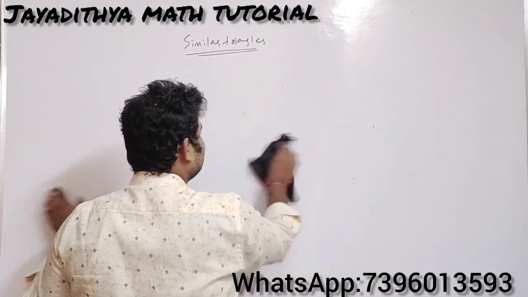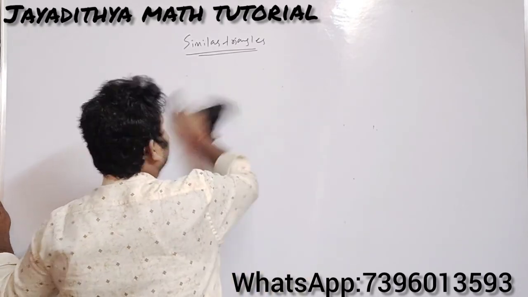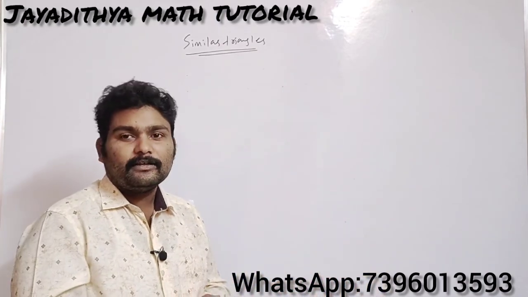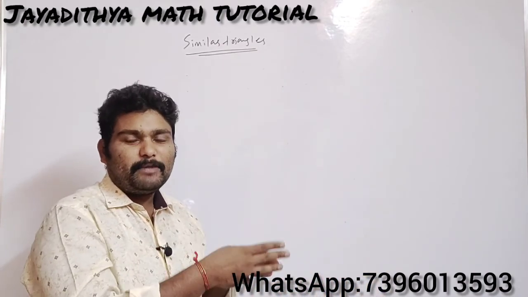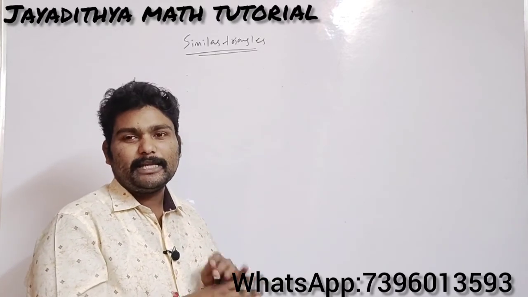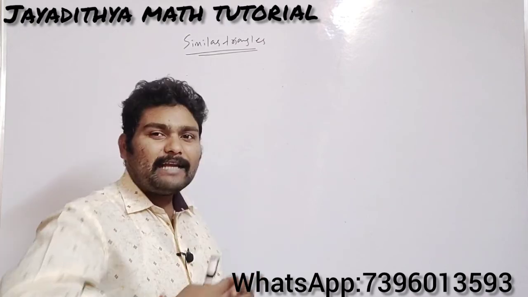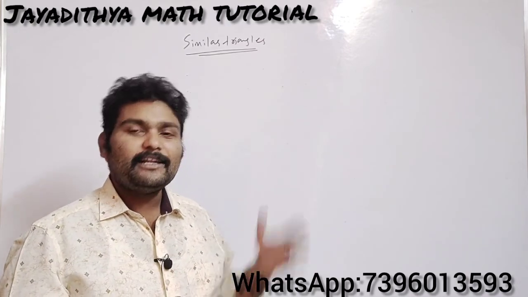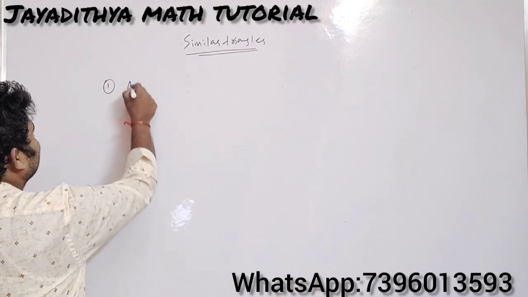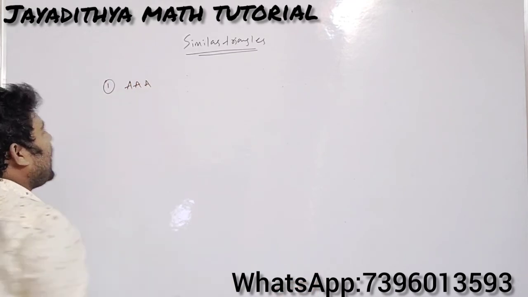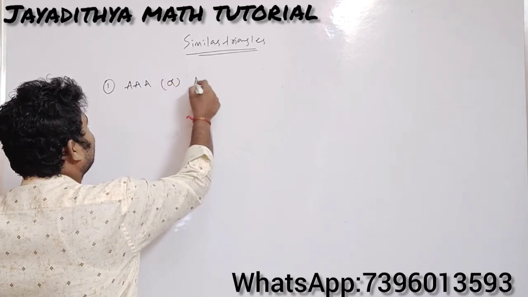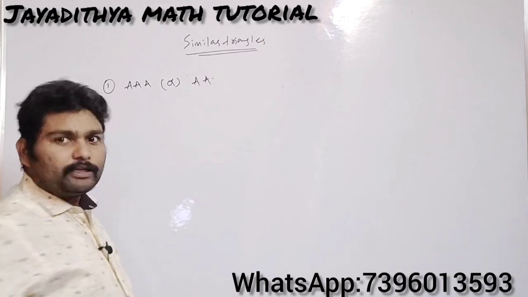Okay, now let us discuss the criterions of similarity. So we will be having some testing type things now. We will be testing three measurements and we will be declaring whether the two triangles are similar or not. So in that testing we will be using some criterions. Let us understand what those criterions are. Let us take the first one as angle similarity, or simply AA similarity.